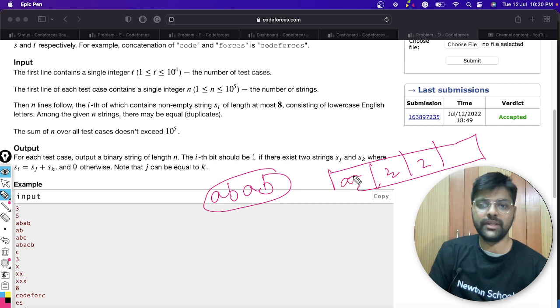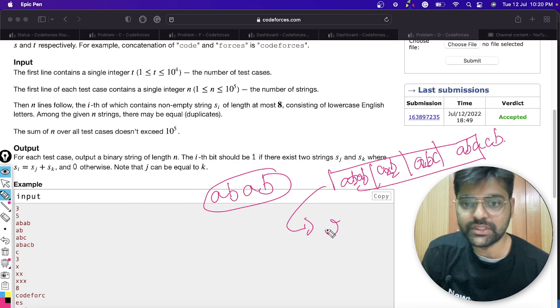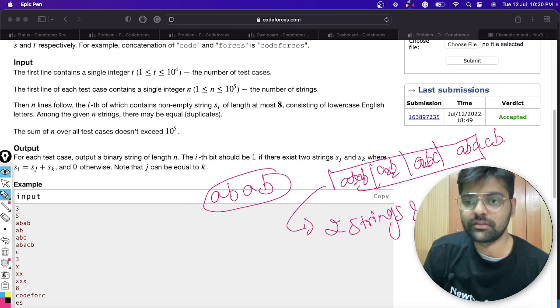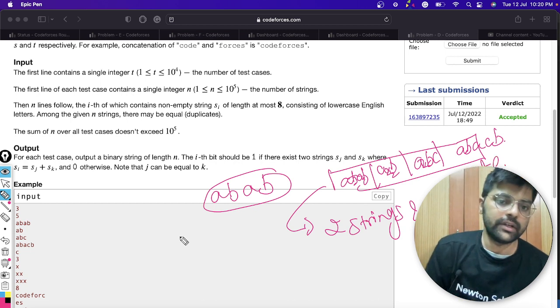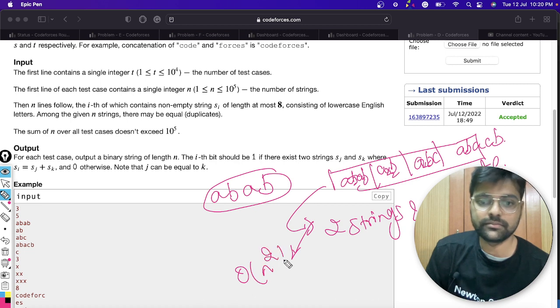This will contain ABAB, this is AB, this is ABC, this is ABACB. So what earlier we were doing, we were taking two strings and concatenating. Taking two strings gives us order n square time, right?